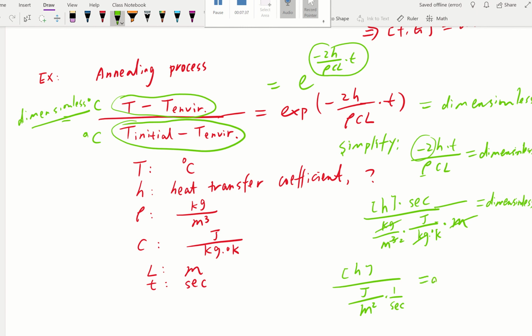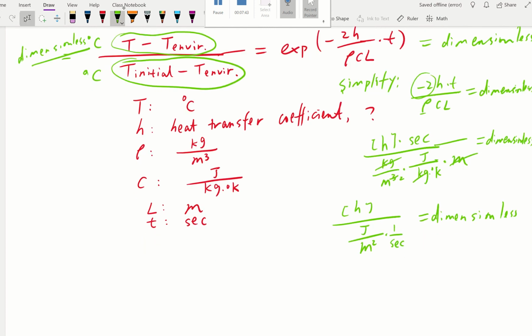So this whole thing is dimensionless. Then we are solving for this heat transfer coefficient. We know this is going to have a unit of joule per meter squared per second. That's telling us how much heat, in joules, right, is transferred every second per